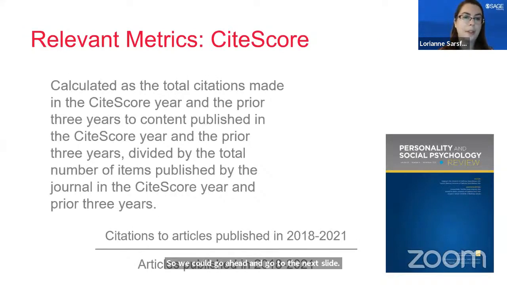So another metric I just wanted to touch on, it's very similar to the impact factor, is the CiteScore. I mentioned that's a metric that's produced by Scopus. It's a little bit newer, and like the impact factor, it's an unweighted average. The calculation is done with a broader range of citing and cited years, and includes all the document types in the denominator rather than averaging with articles and reviews specifically. So that's another metric you can look out for.